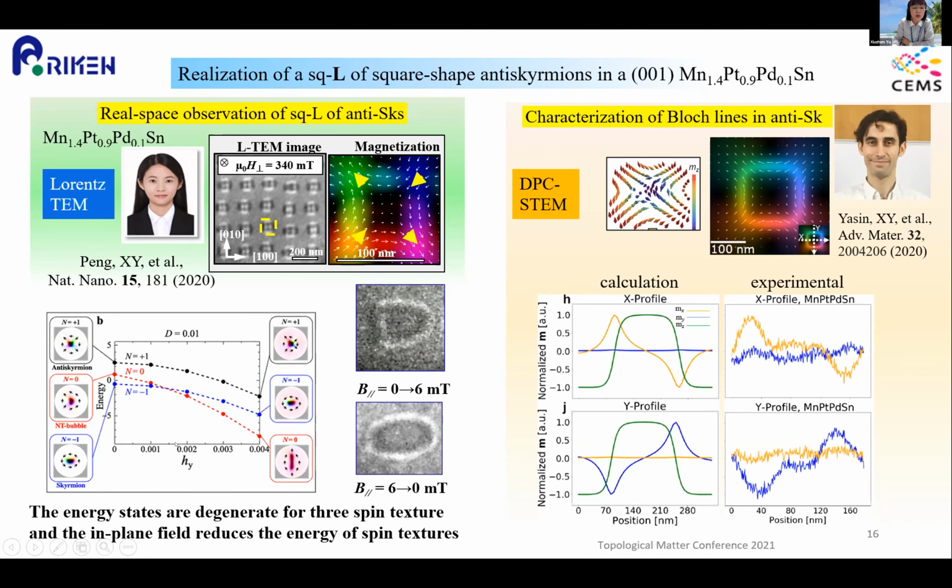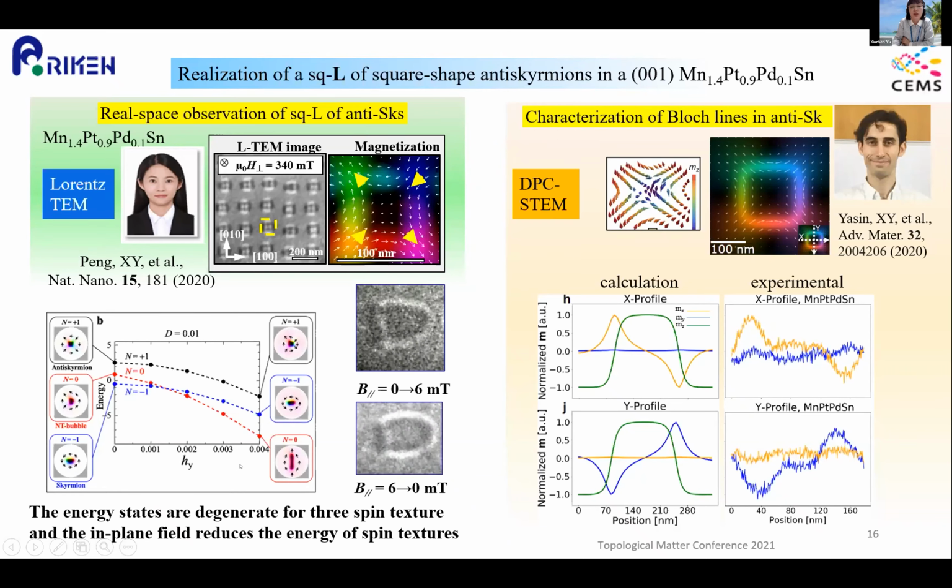It means that with this in-plane field, we can break the symmetry of the magnetic structure, and also tune the form and topology of these topological objects in Heusler compounds